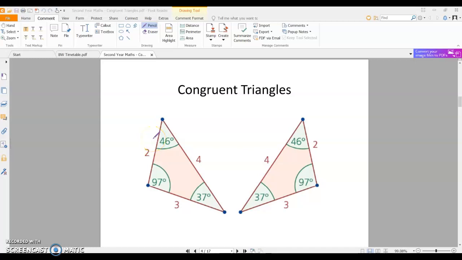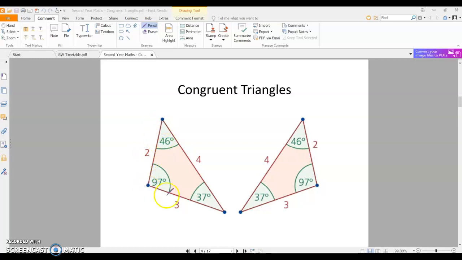Okay, so I'm going to run through congruent triangles, or congruency. Two triangles are congruent if they are identical. They're the exact same size. Obviously the triangles can be rotated or facing different directions, like these two here, but if you look